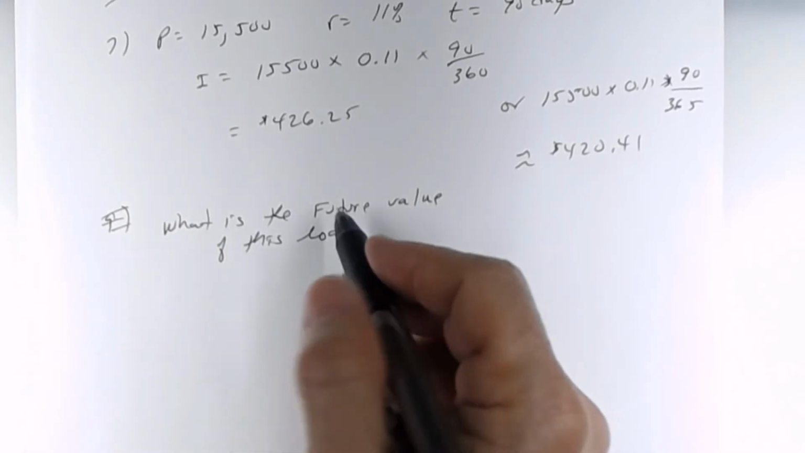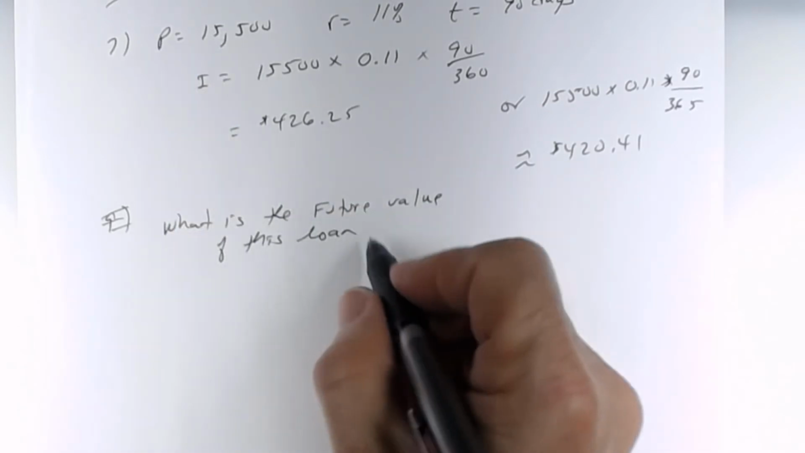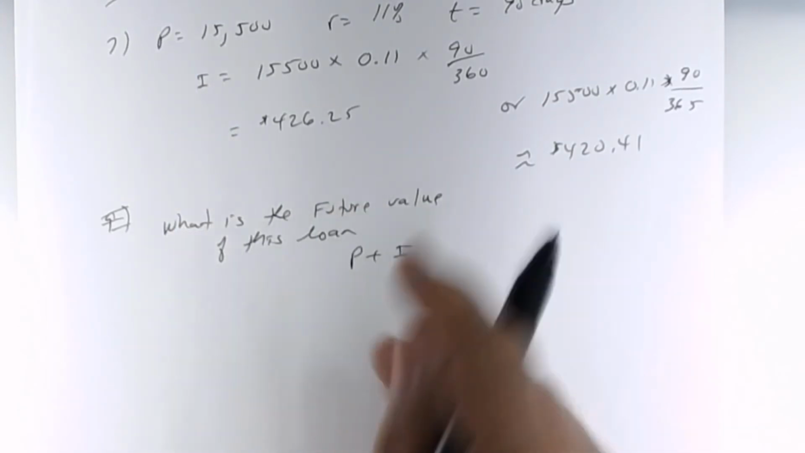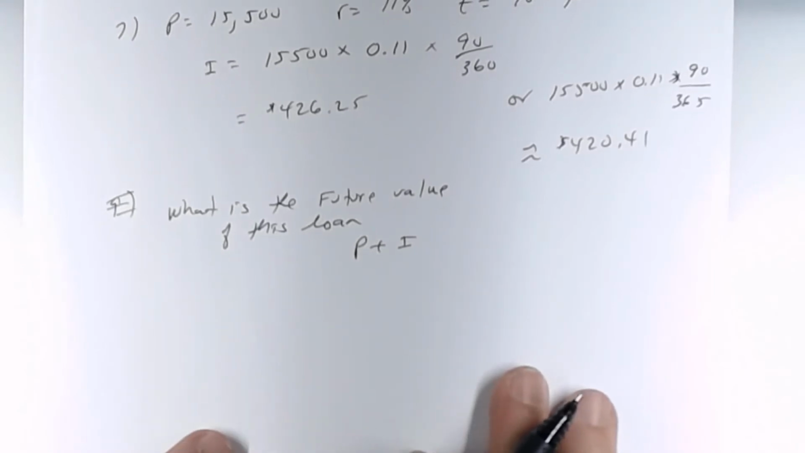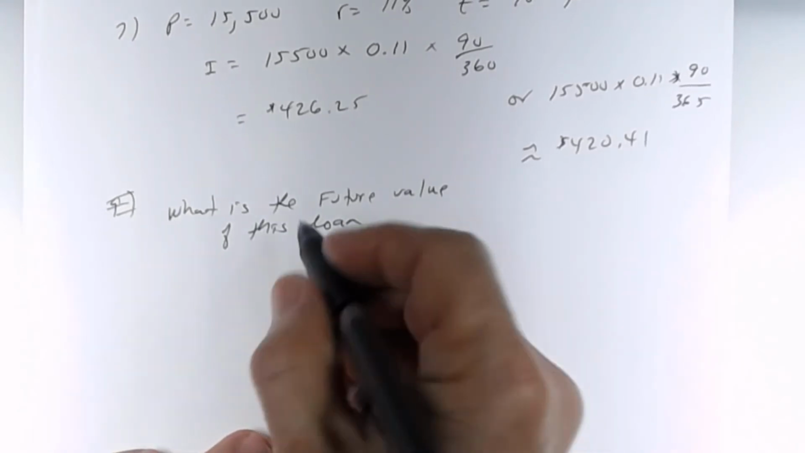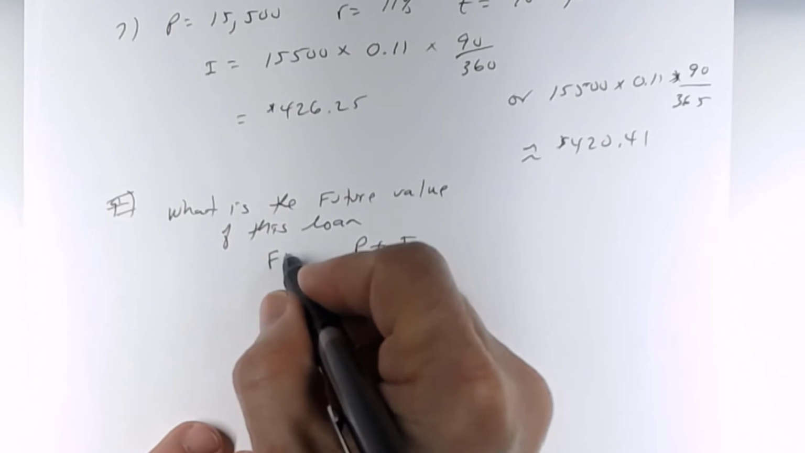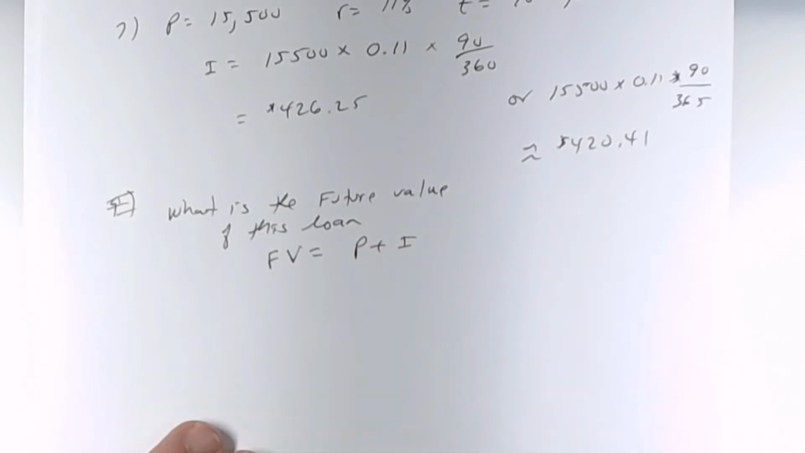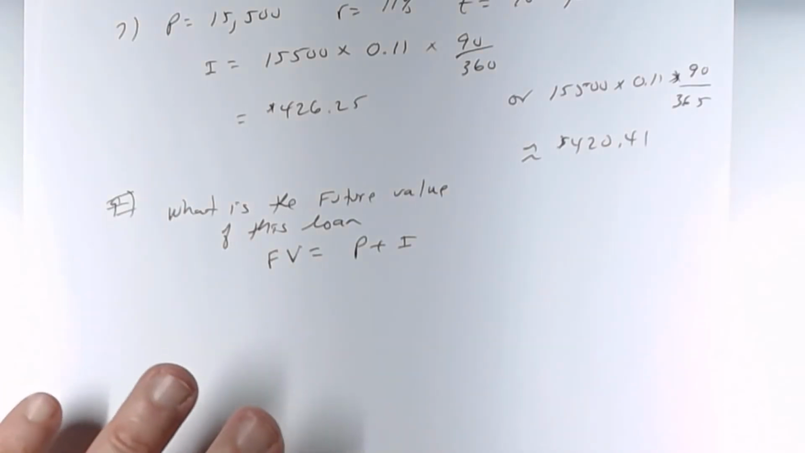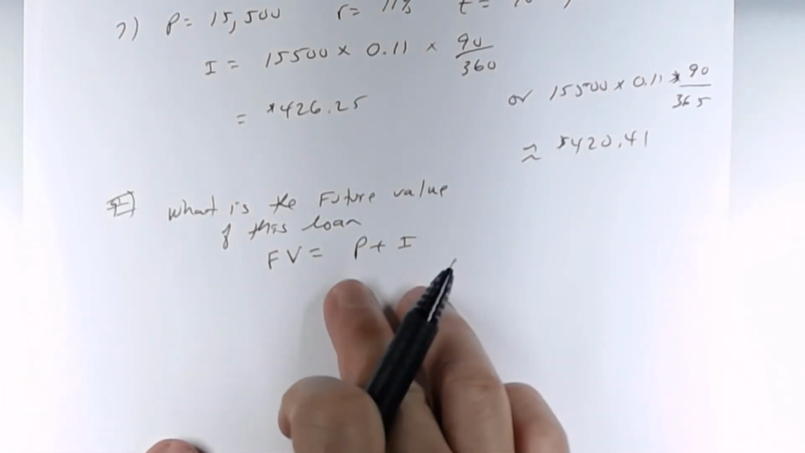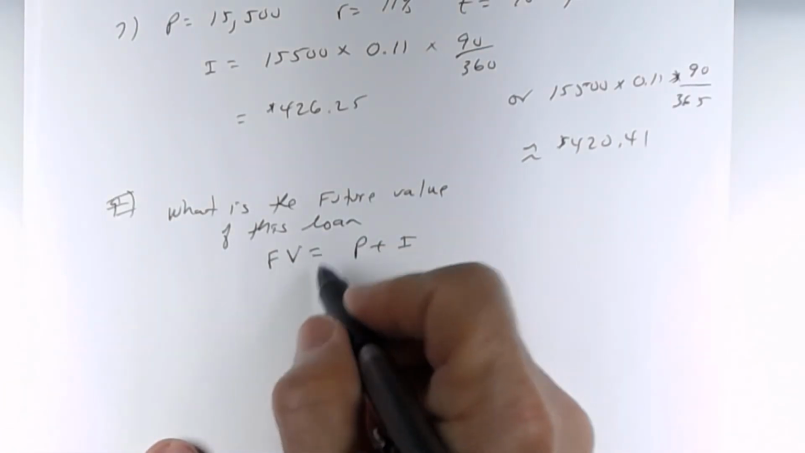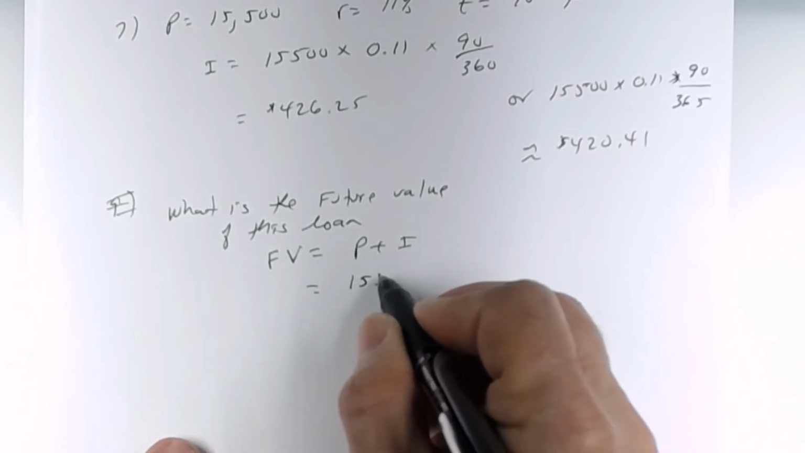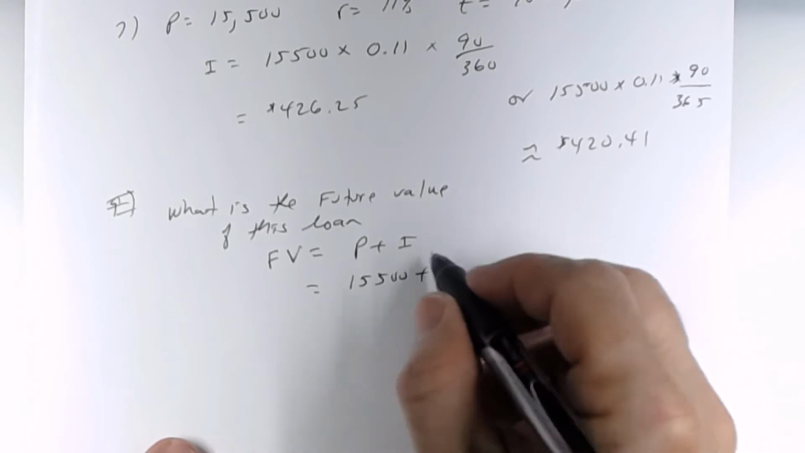Then you would say, well, it will be the principal plus the what? The interest. It'll be the principal plus the interest, right? And so the future value, I'm going to call this FV, based on just number 7, would be the principal plus the interest. Well, what's the principal? 15,500 plus